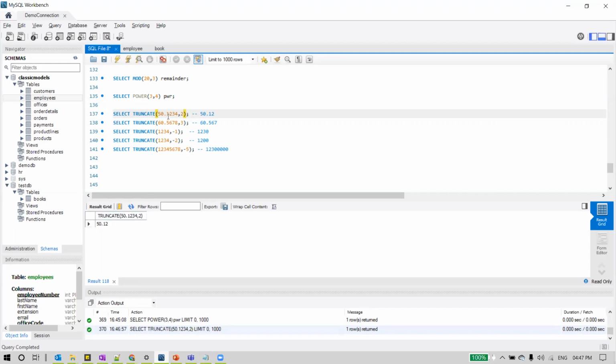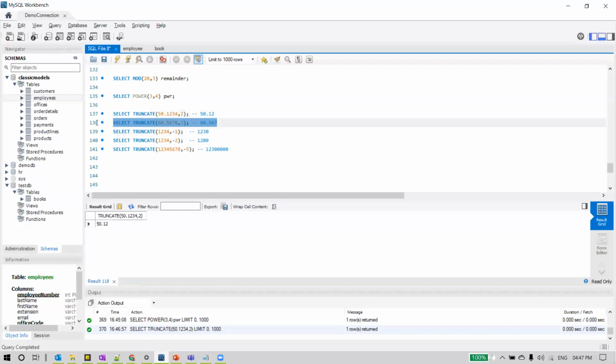Decimal places are whatever we have after the point, after the dot in the decimal number. There can be any number of digits after the decimal point, but I wanted only the first two, and that is what we are seeing with this function.